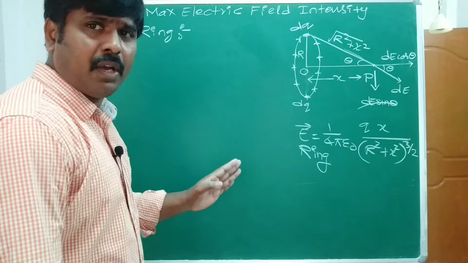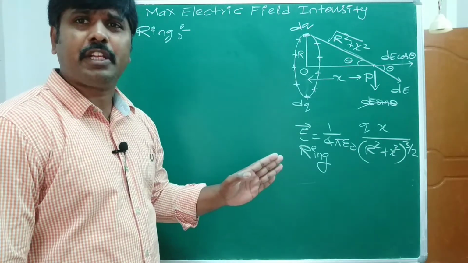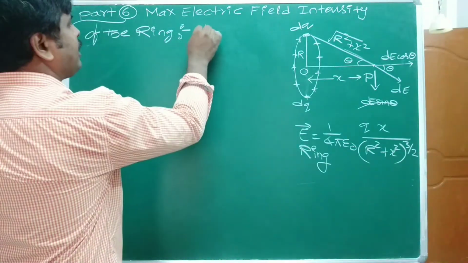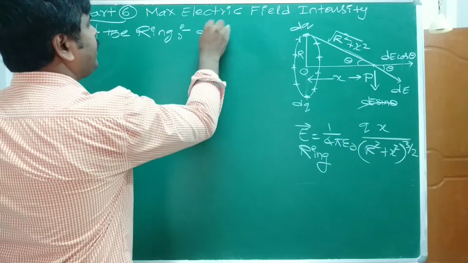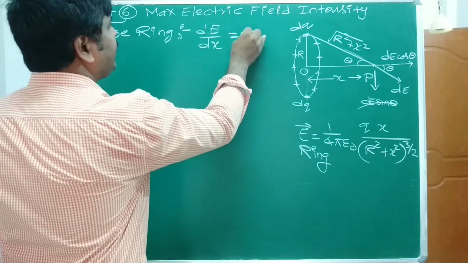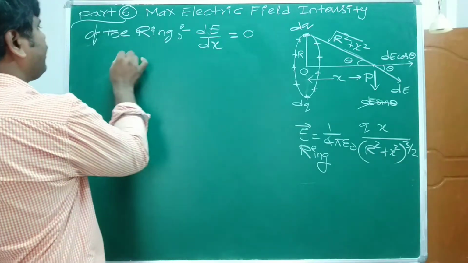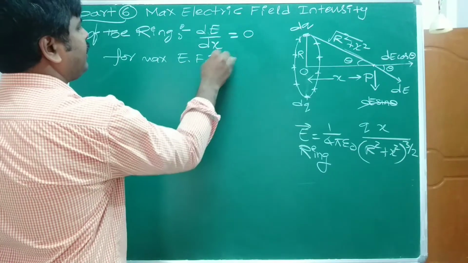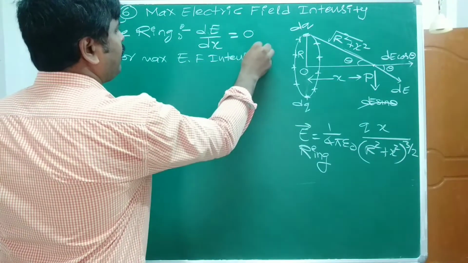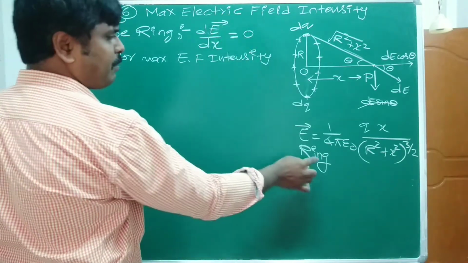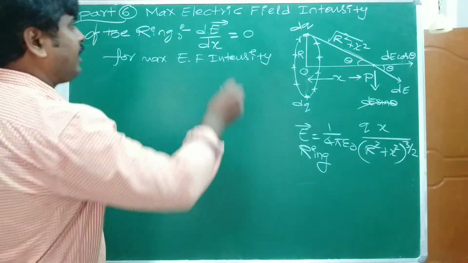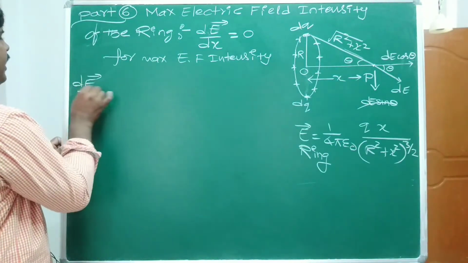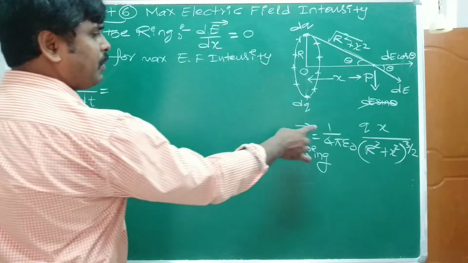For this we have to differentiate with respect to x. dE divided by dx is equal to 0 for maximum electric field intensity. Now the E value is replaced from this equation, and continuing, dE divided by dx is equal to